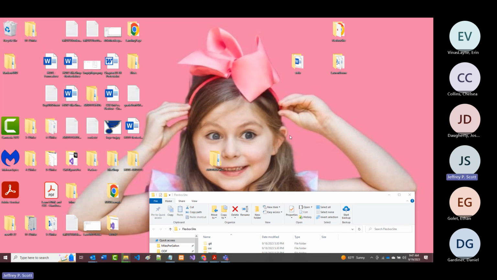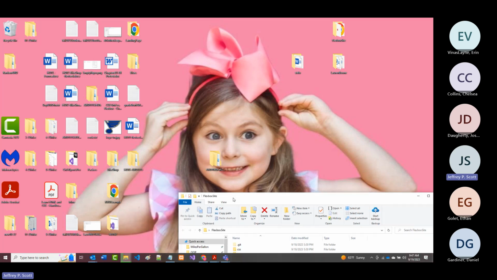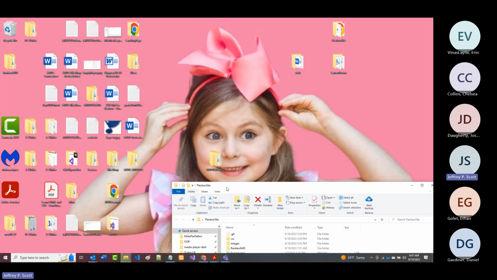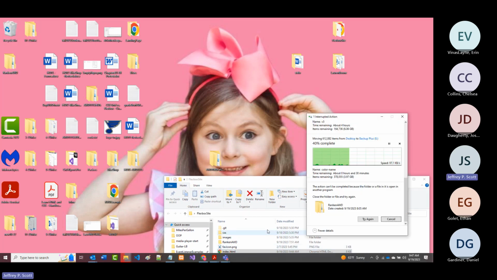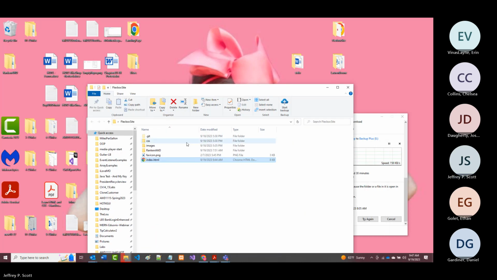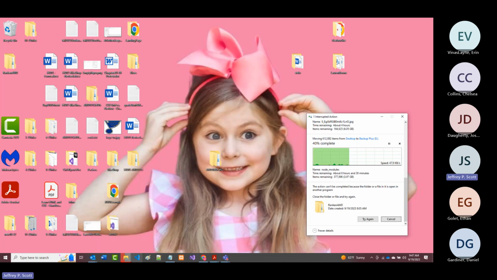And I don't know if I've got a Rankin AWD in here, but if I do, I'm going to get rid of that as well. I don't think I do, looking here. Oh, there it is. Okay, so I've gotten rid of that as well. Okay, so the first thing I was asking you to do then was to go in,